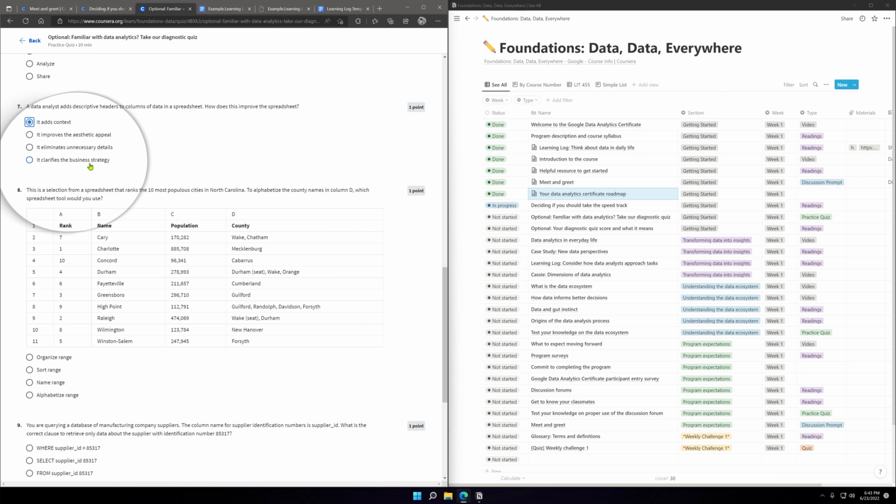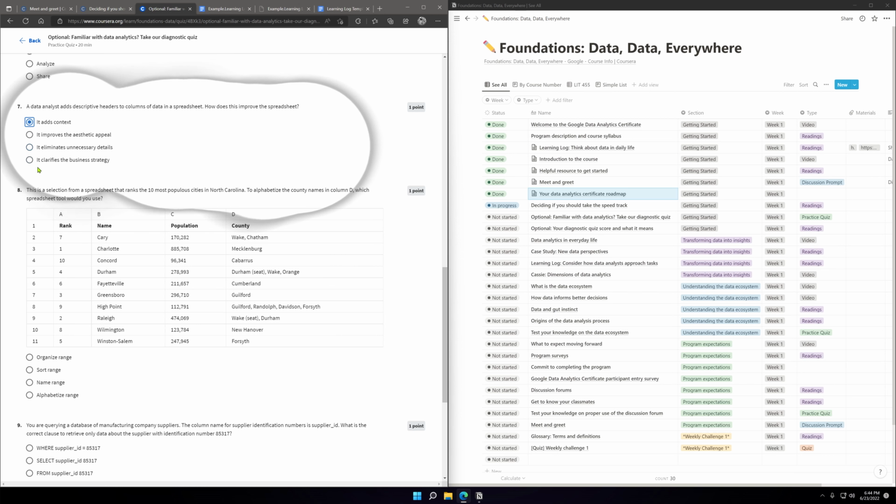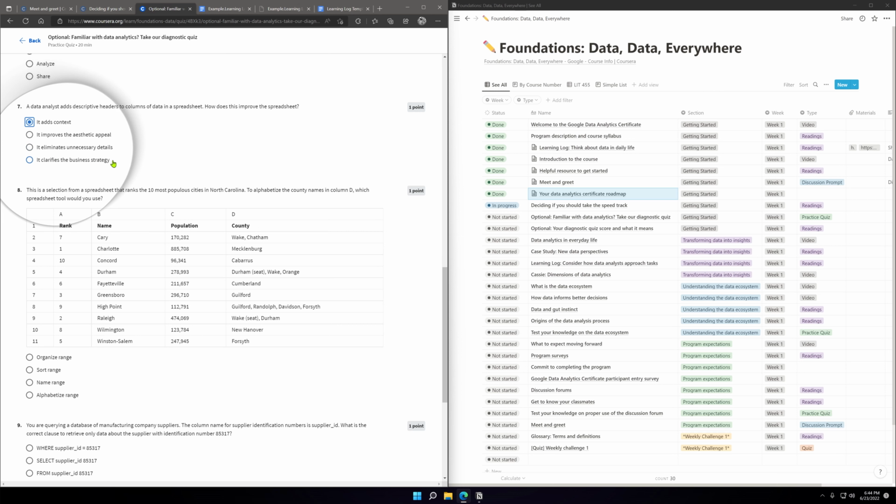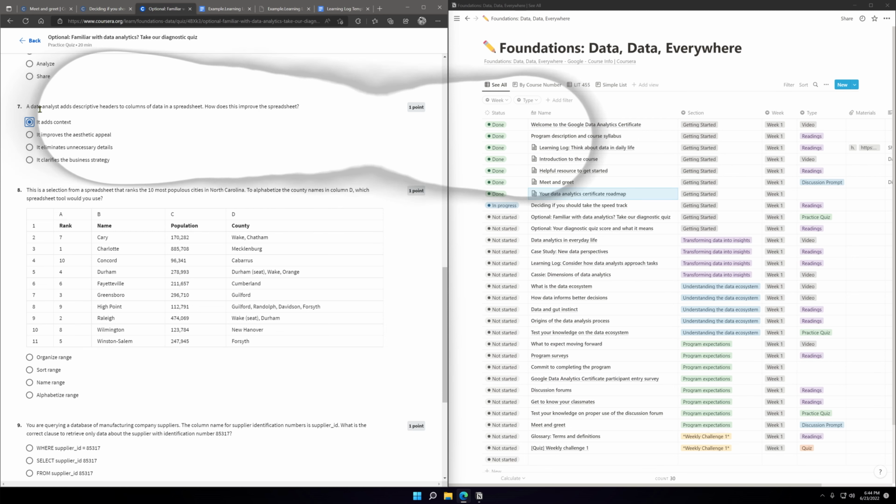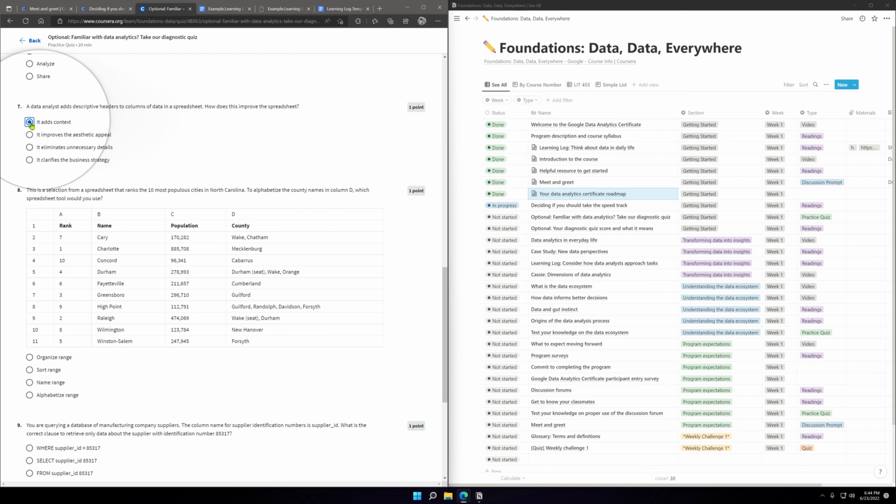It clarifies the business strategy. I don't think this is the answer. This is like someone trying to fill out, okay, what else can we put alongside the right answer? Let's just write this out and see if someone messes up and clicks this instead, because it sounds kind of like the right answer. So I hope it's this one.